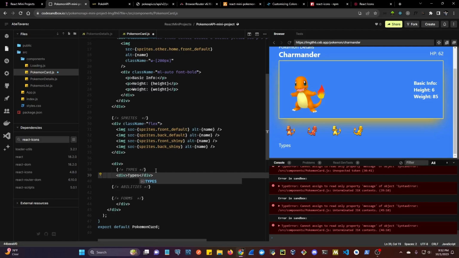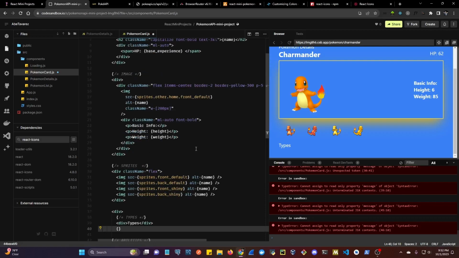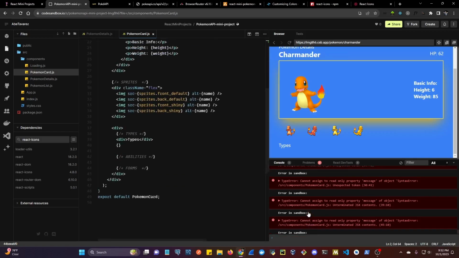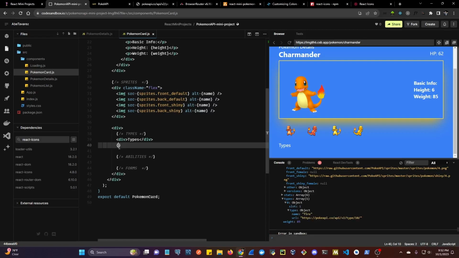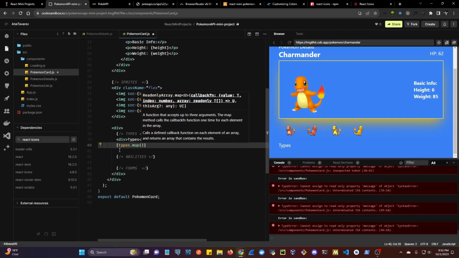And then right under that, we can just have curly brackets. Let's destructure types, because types, if we save that, types is going to be, where is this object at? Types is going to be an array, which this Pokemon could have many different types. So we have one object of one type and then fire. I mean, this is types, yeah, types. So in here, we're gonna map over types. We're gonna grab each type,